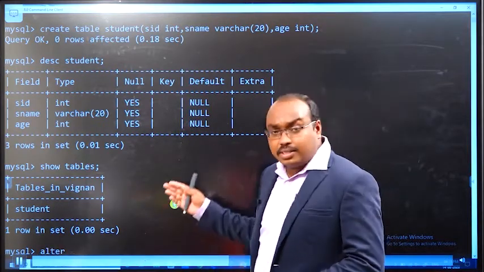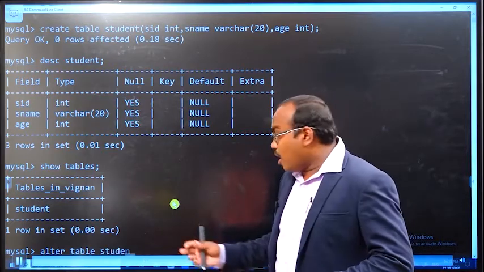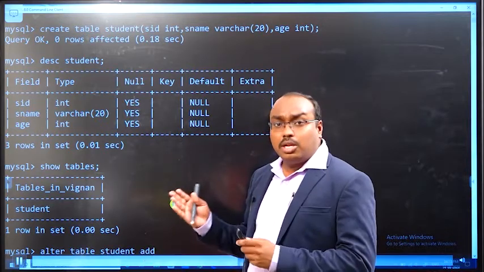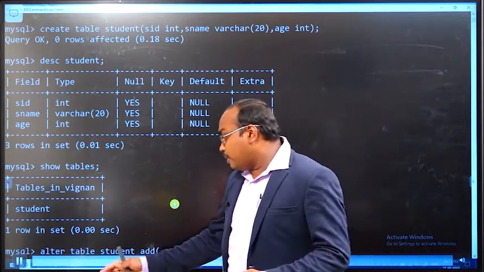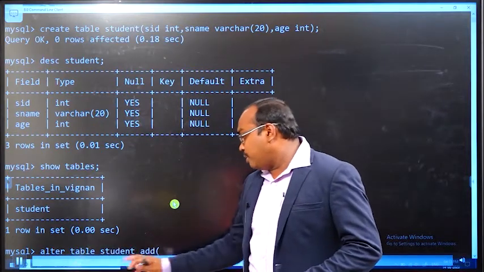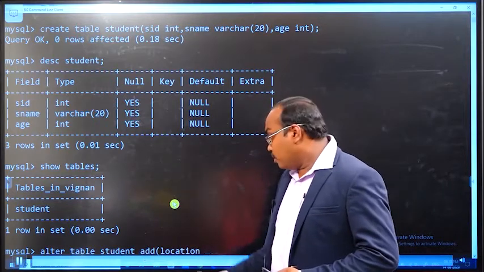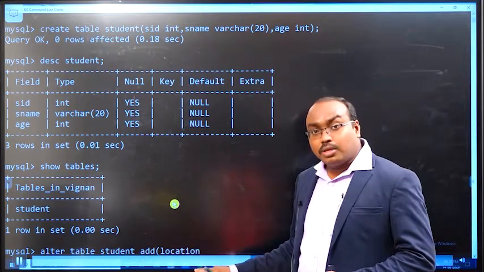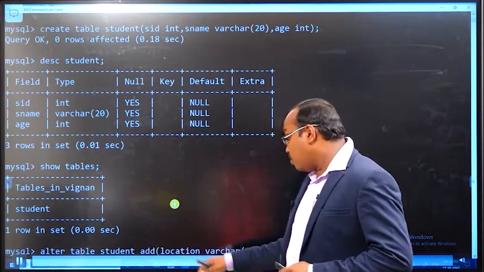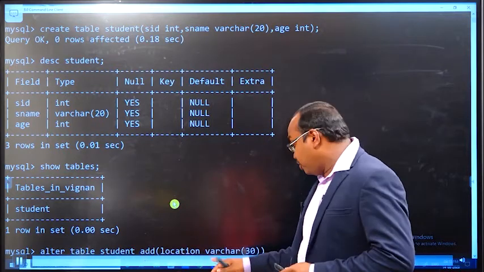This is the create command, and the next command is the alter command. I want to change the table structure, so for that purpose I am taking the alter command. ALTER TABLE table name. I want to add one more column to this table: ADD location, and that column's data type is varchar.